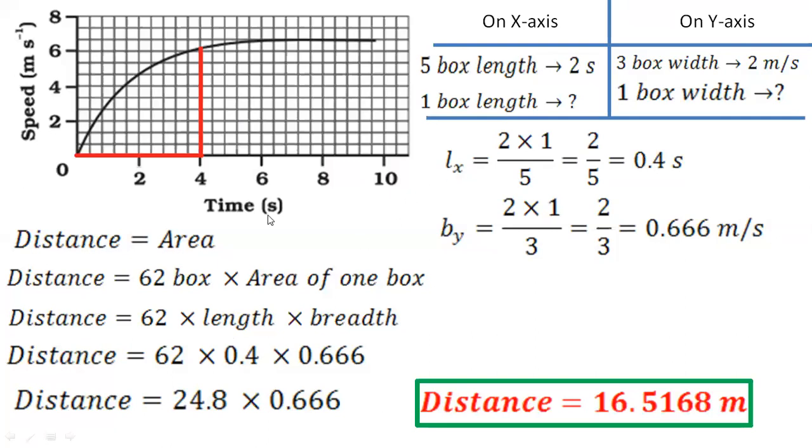The tricky part was to calculate the number of boxes, and the second tricky part was calculating the length and breadth of each box. Okay? So give me a response in the chat box. Have you understood how these values are calculated? Number of boxes was simple. The second part is somewhat hard, calculating the length and width of the box. But once you get it, all you have to do is substitute in your main formula. Okay, so take a screenshot of this. That's your final answer.